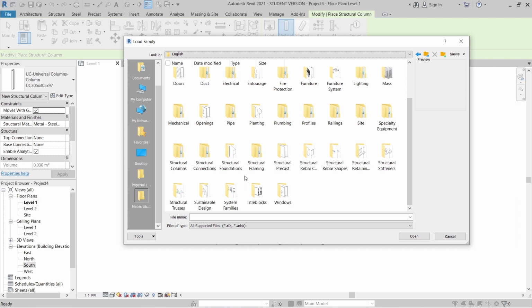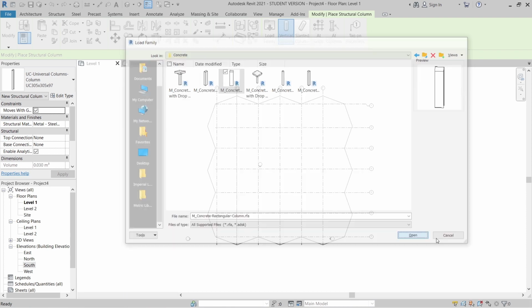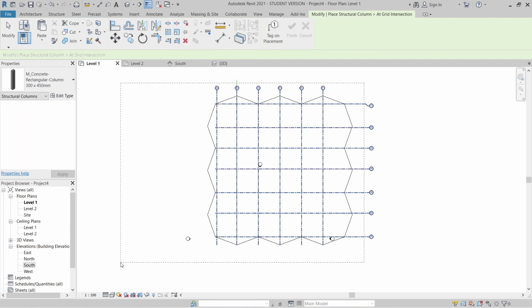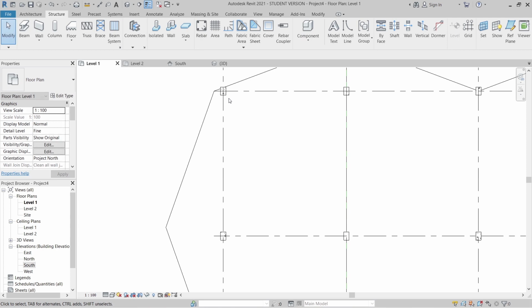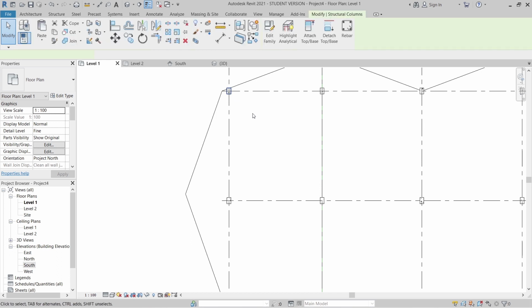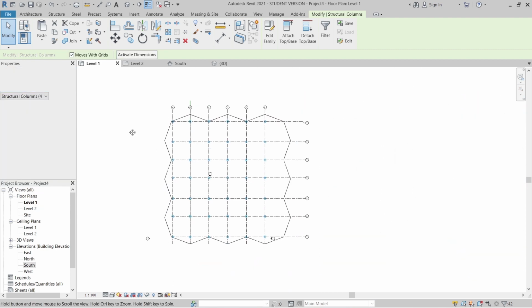English. Then we finding for structural column, concrete. I'm going using for rectangle. Okay, make it for 2.5 meter or grid. Simply add here like this, then hit finish. But I want to make all of them more bigger. SA for select all element. You can select your column here and SA for select all element, and we drop down finding for 600 by 250. And of course I need to add beam also.